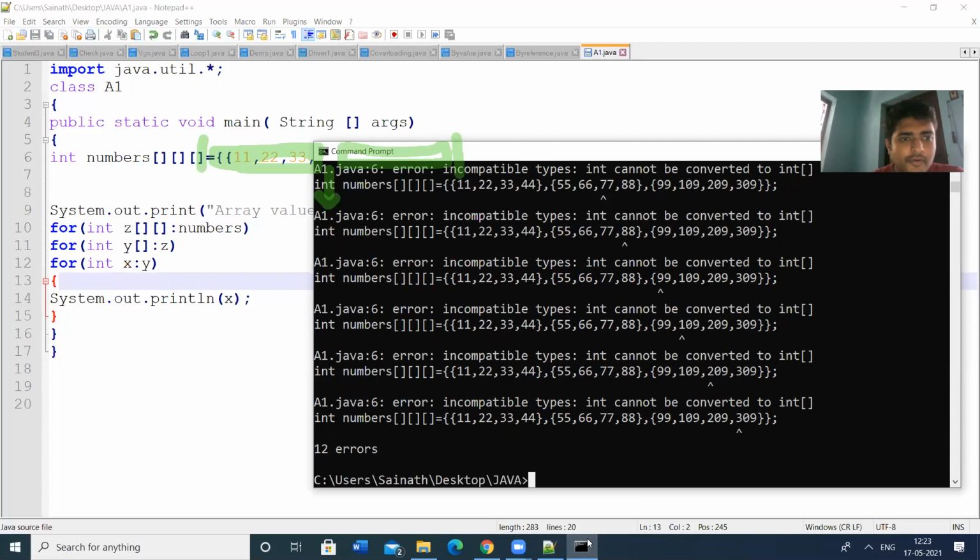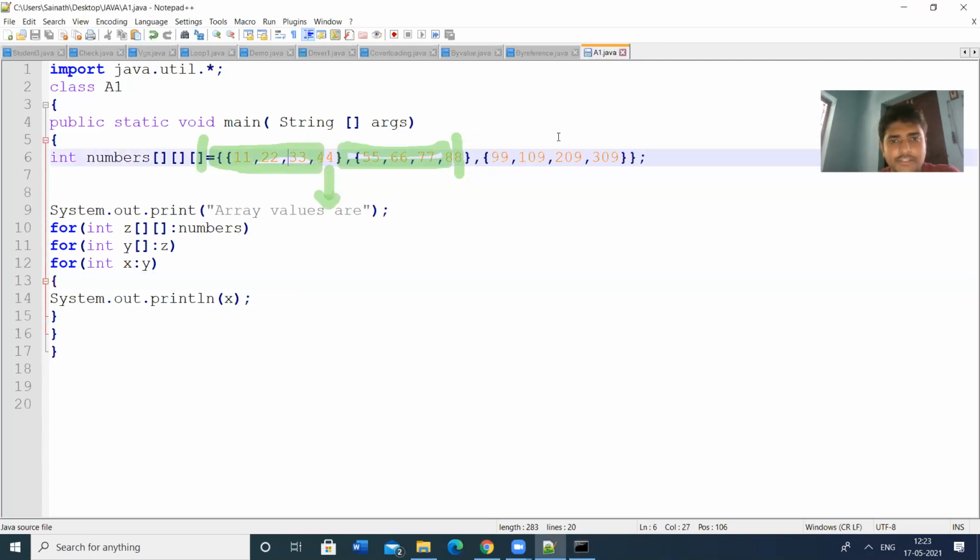The for each loop is okay. Let us check the initialization part. For three dimensions, the initialization is not like this.